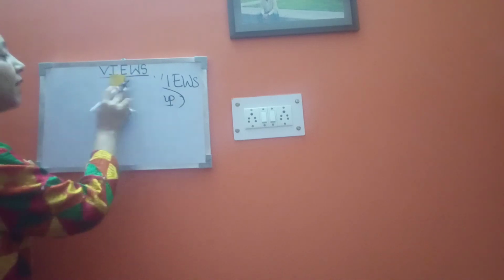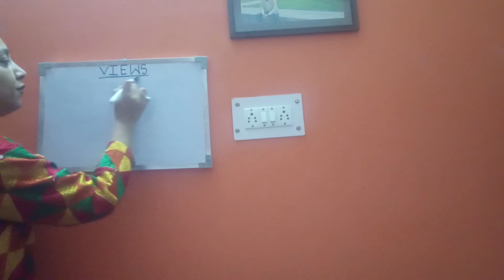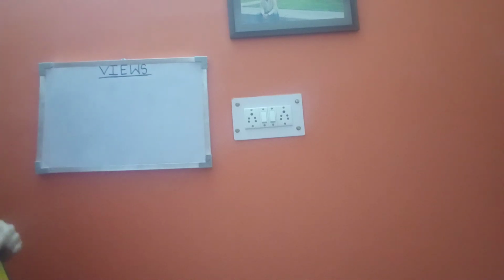This is the reason why we need to create views, because otherwise you may be confused: views are also the same, tables are also the same. Views are virtual, tables are physical, then why are we creating views in the first place? So this is the reason why we are creating views.